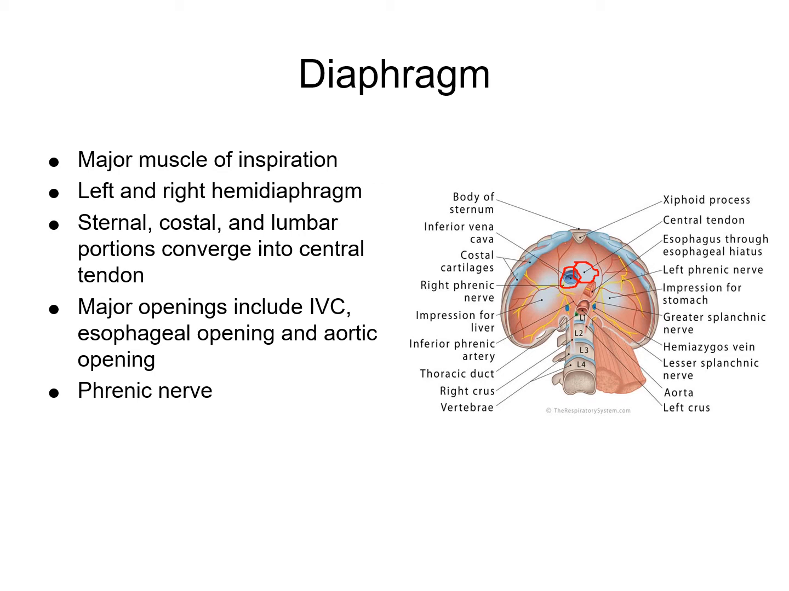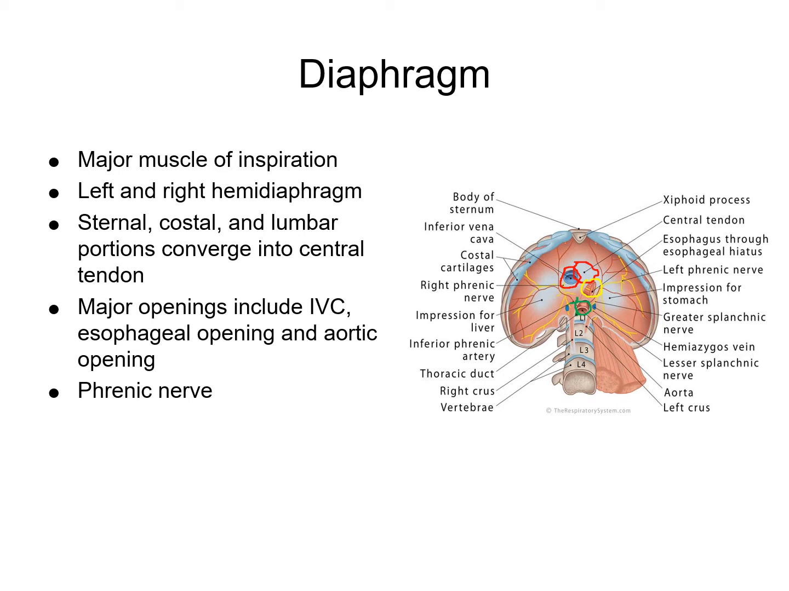The esophageal opening, I'm going to change colors here real quick. I'm going to go to yellow. The esophageal opening through the esophageal hiatus. And then this allows for the esophagus and the gastric vessels to go through the diaphragm. And then I'll change here to green and circle the aortic opening. And this opening contains the aorta, the thoracic duct, and the azygos veins, and allows all 3 of those to